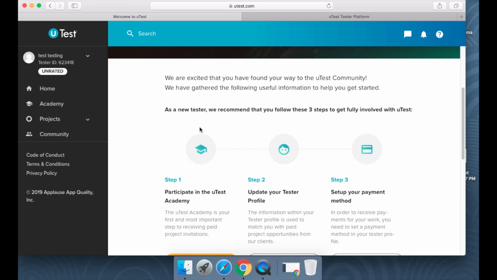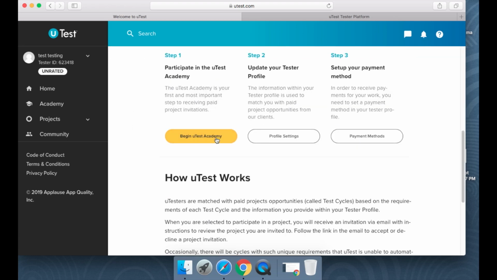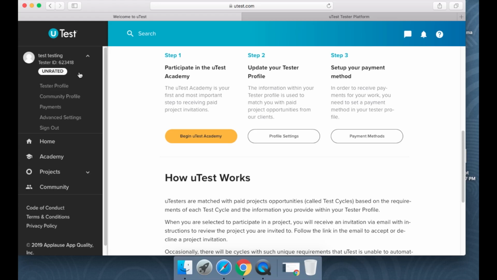I've created an account, as you can see here. I'll just show you how to set up your account properly. Now, you go to your, let's say, your name, whatever it is, when you create the account. You don't have to set up all of the details at the beginning. You can do that later. So, that's what I want to show now. You go here, click on this arrow, and then go to tester profile.